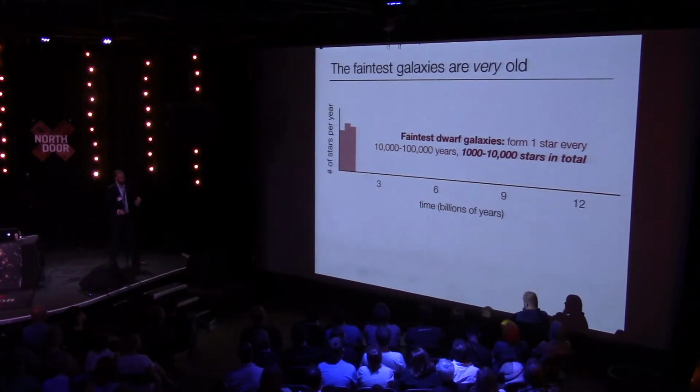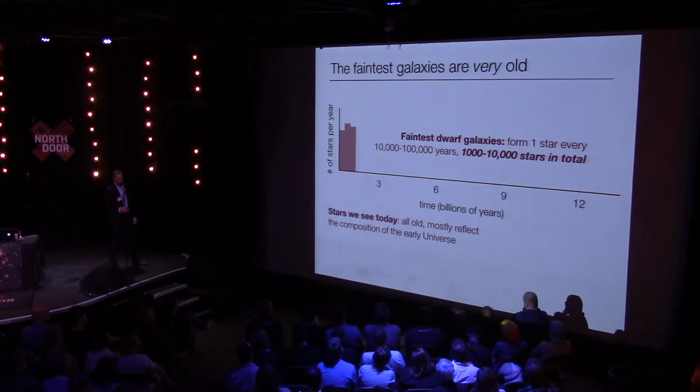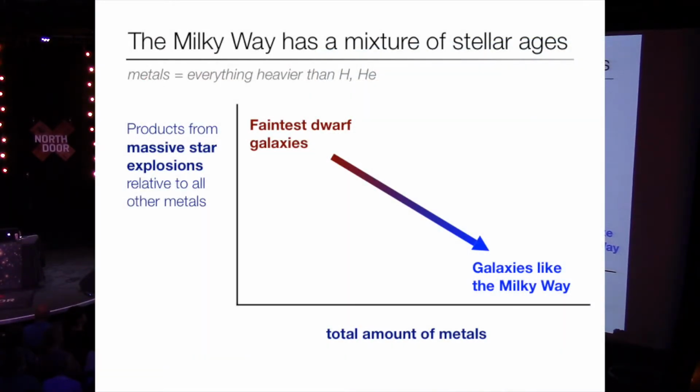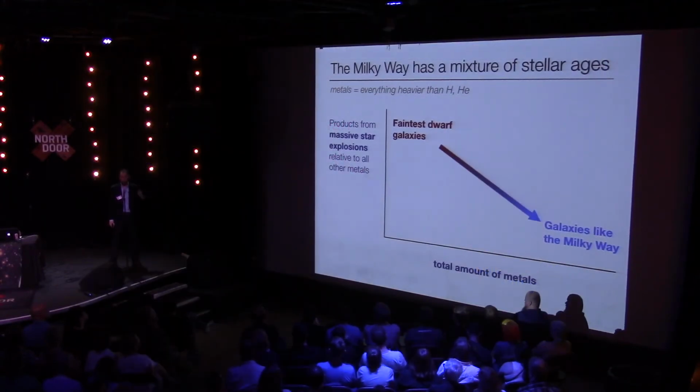Okay, so if we look at this galaxy, we see all of the stars that we can see there are old, and they mostly reflect the chemical composition of the early universe. That is, on a diagram like this, the faintest dwarf galaxies have almost no metals. They have 100 times fewer heavy elements compared to what we'd see even in something like the sun around us today. So that's pretty amazing. But this means not only can we look at the early universe and processes there by looking at these faintest galaxies, we can also really understand a lot more about how these massive stars explode, because those are the only products that are reincorporated into the galaxy's stars in this kind of system.